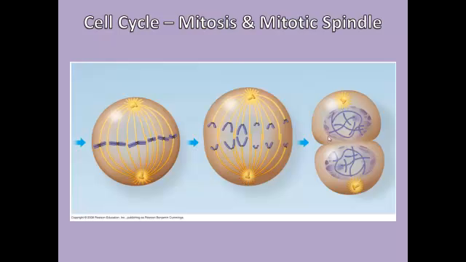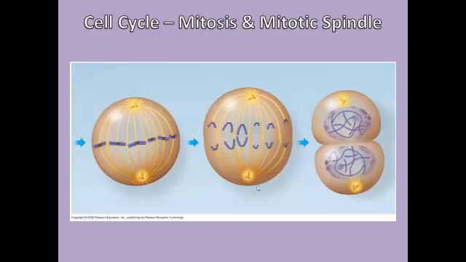The next phase of mitosis is metaphase. The kinetochore microtubules line up the sister chromatids in the center of the cell. Meta stands for middle, and the chromosomes are in the middle of the cell. There is a kinetochore microtubule on each side of the kinetochore.